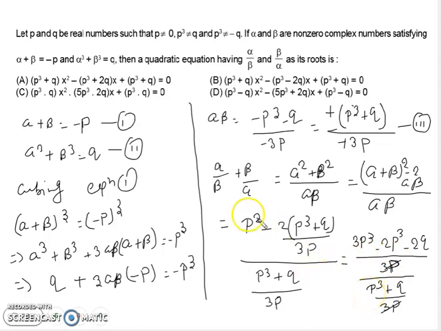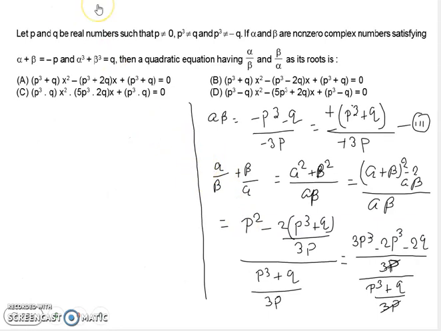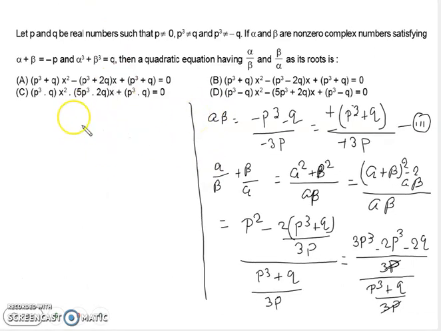And now we are going to find the value of the product of the roots, guys. We can simply say that the roots are reciprocal to each other, so the product of the roots is equal to 1. So alpha by beta into beta by alpha is equal to 1, right? Because after cancelling you will get the value 1, right?